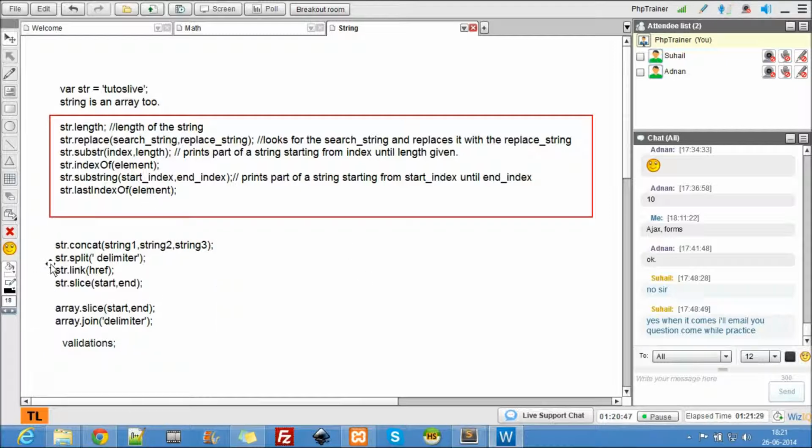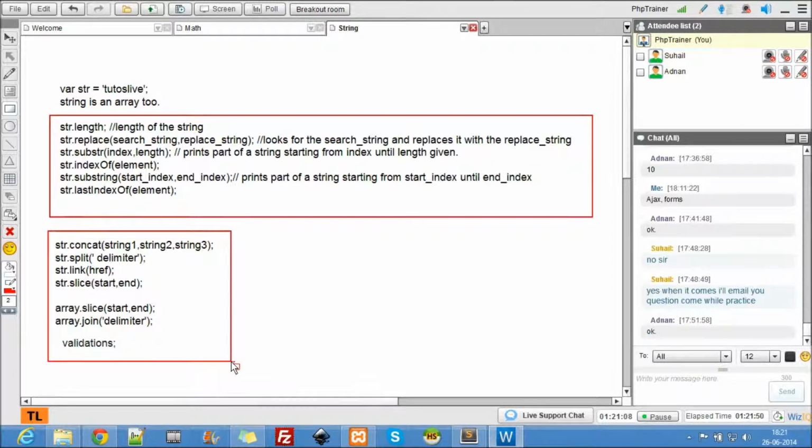So what I suggest, guys, is that as soon as the class ends, I'll upload the class notes file. Practice it, do it by yourself. Only practice these things, because we have already seen them and there is no problem if you practice. Using these, show me the output. Or do you want me to show the output? It's pretty simple, it's only practice, what split does, what link does. But I'll show link. Yeah, I'll just show the link.